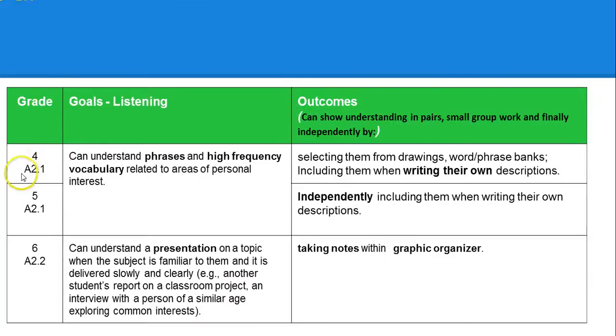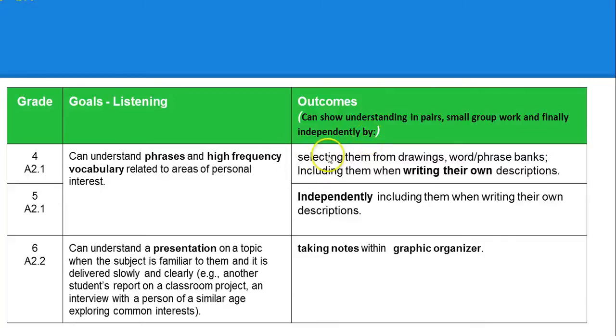Here in grade 4, working at an A2.1 level, the goal changes a bit so that here it reads, the students can understand phrases and high frequency vocabulary related to areas of personal interest. Since they're in grades 4 and 5, working at an A2.1 level, the same can-do competence is listed here as the goal. However, again, for the outcomes, students can show understanding in pairs, small group work, and finally independently by,